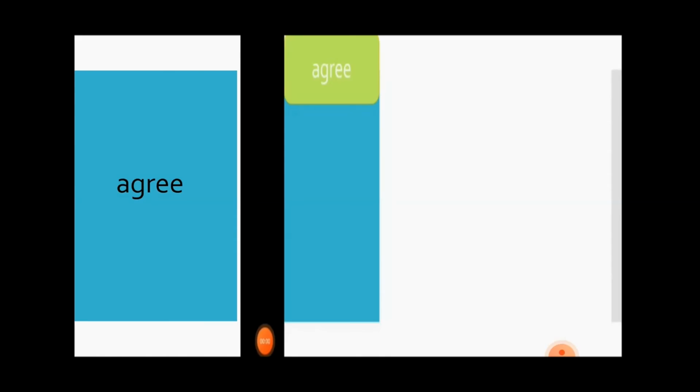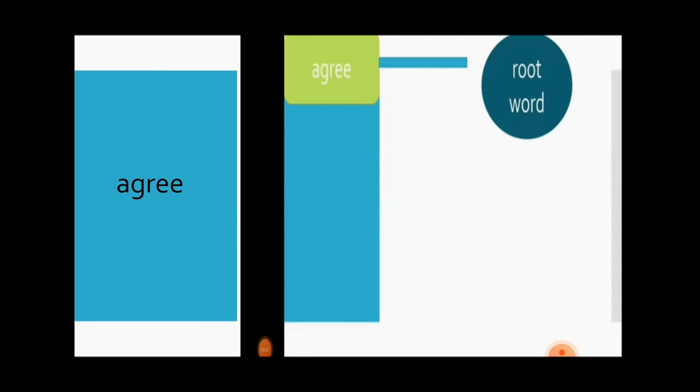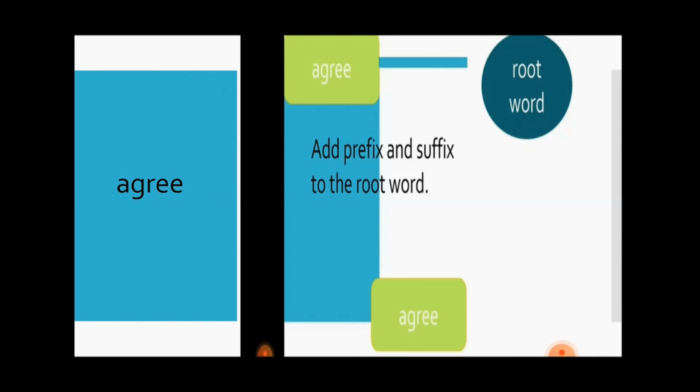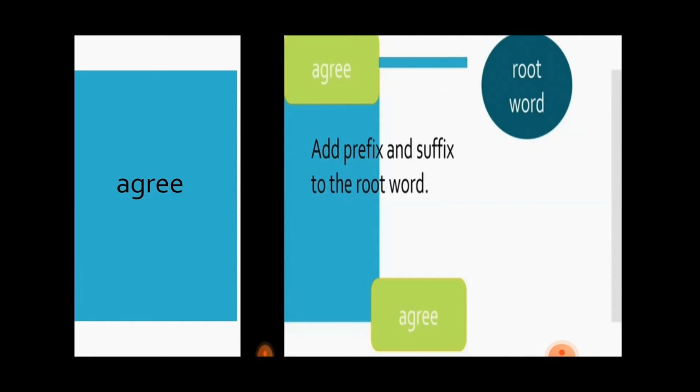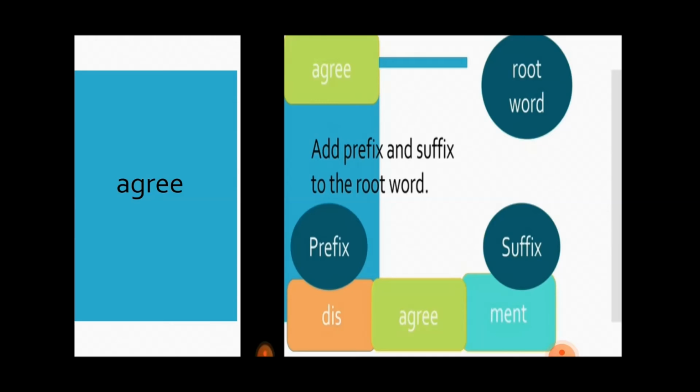Okay, so what are we going to do with this? Agree is the base or root word, and you can add prefix and suffix to the root word. So dis, you can add, and ment, disagreement. Dis means prefix, ment means suffix, and so you can say that as disagreement. So likewise you can write some of the words like this. Okay, next,